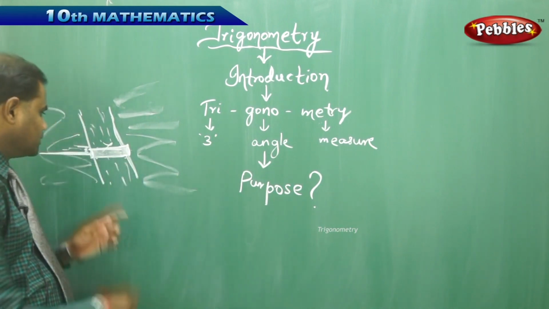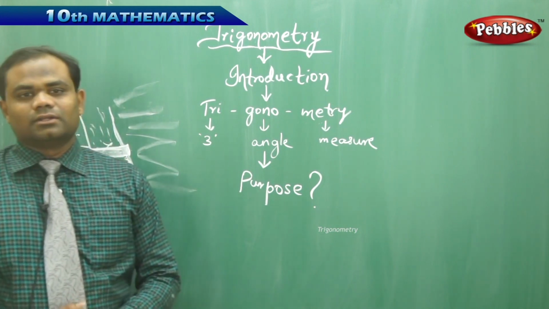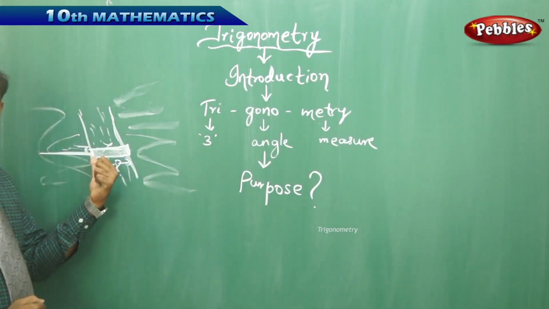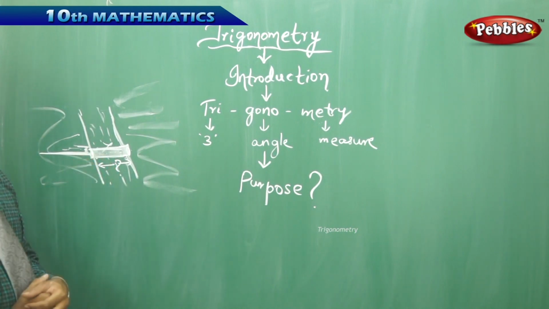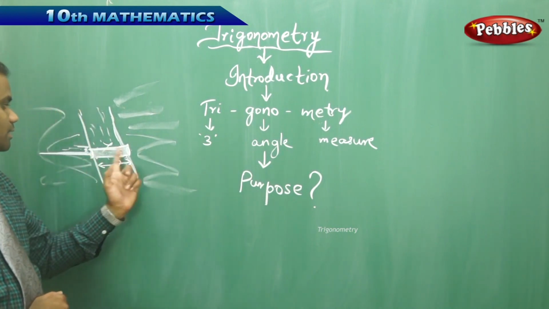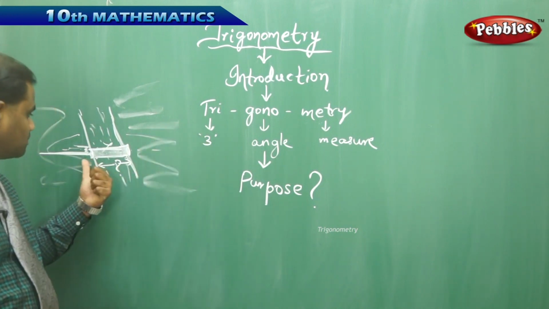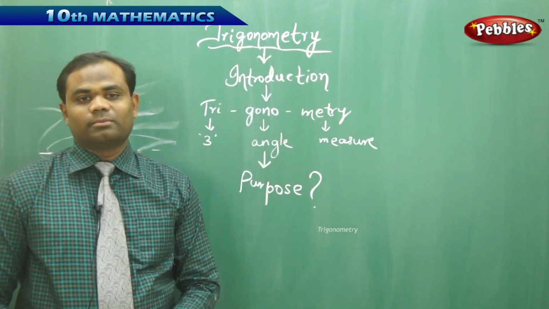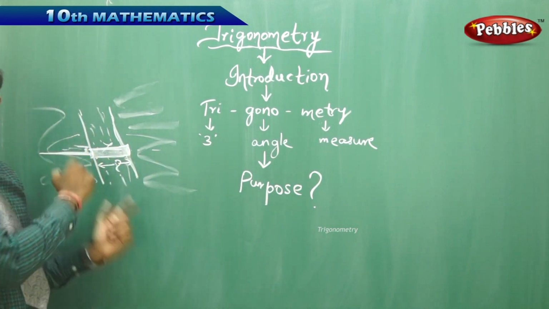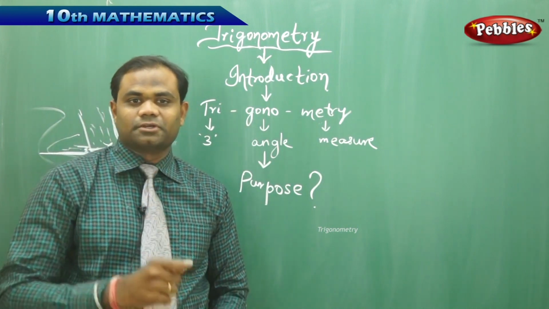So how do I find the width of this using the branch of mathematics is the biggest question when I stand at the bank of the river on this side. These kinds of questions were big puzzles in identifying how we can successfully go to the other side of the forest. This is strictly possible if we know the topic of trigonometry. Trigonometry helps us in estimating this distance without actually measuring it. The power of trigonometry is to measure these distances without actually measuring with tape.